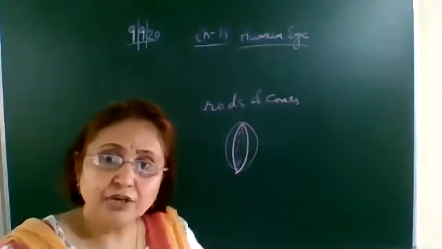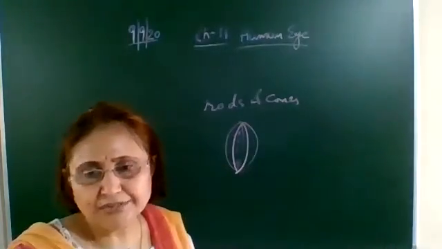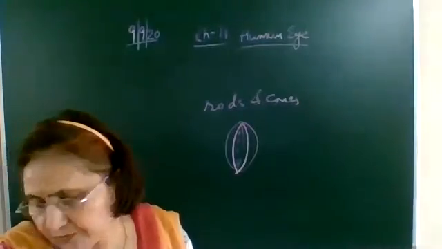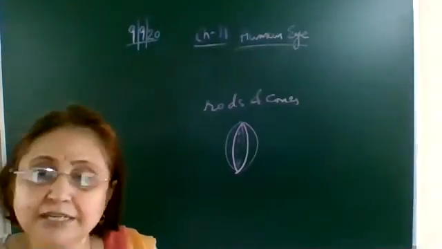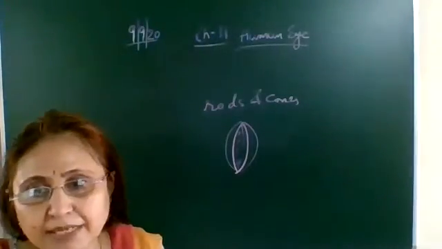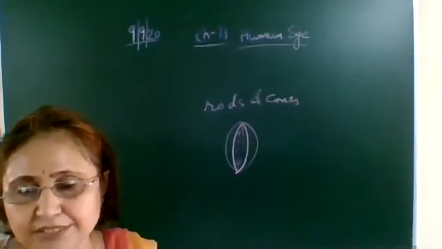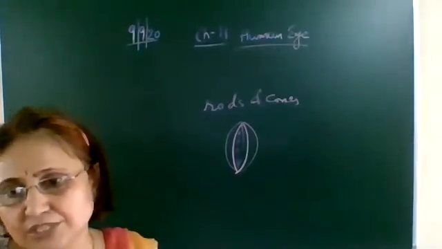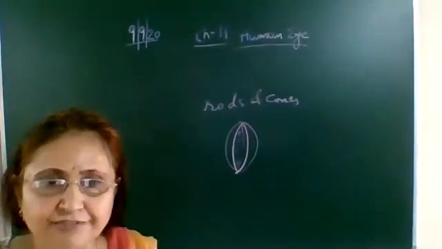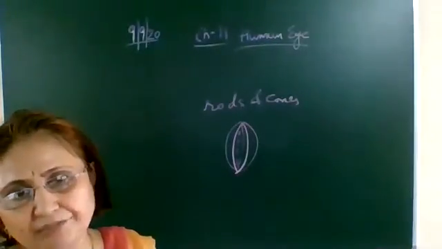Okay, so what is happening when you are looking at very far away objects, that is at infinity, when you are looking at the sun, moon, or a distant tree? What happens to the eye lens? What happens to the ciliary muscles? These ciliary muscles are relaxed, and they make the eye lens thin. The eye lens becomes thin, which means its focal length increases, and focal length increases means you can see the far away object. So when the ciliary muscles get relaxed, the curvature decreases. That is, the lens becomes thin and you can see the very far away objects.